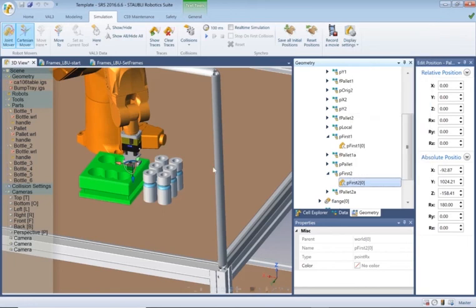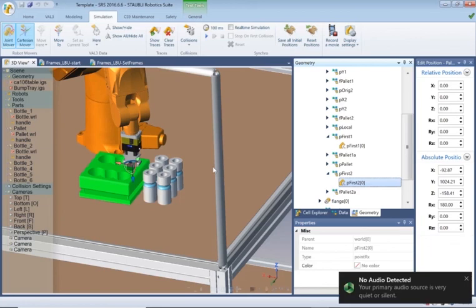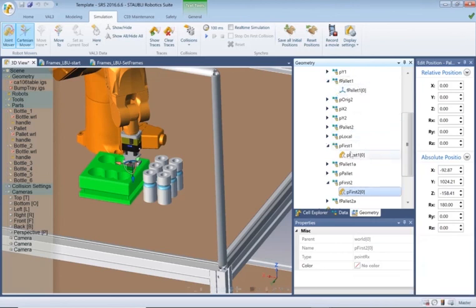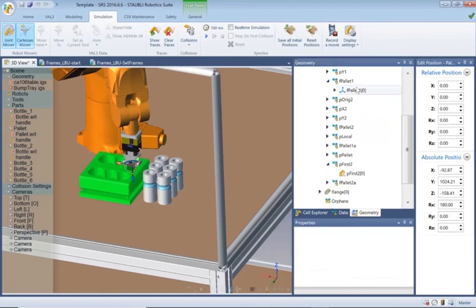Okay. Right, so we've got these 2 points now. Let's go to the palette. Palette 1, we want the first point to be associated with palette 1. So if I can drag that in and drop it in there,